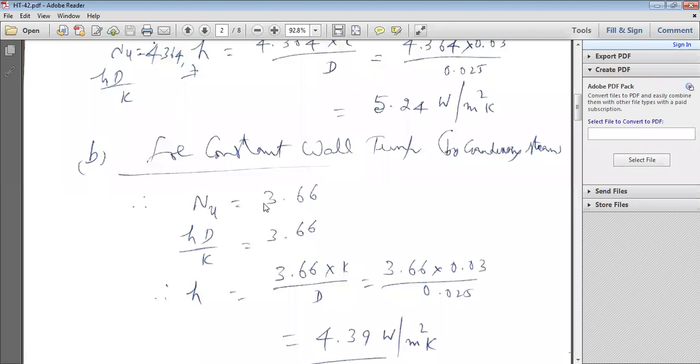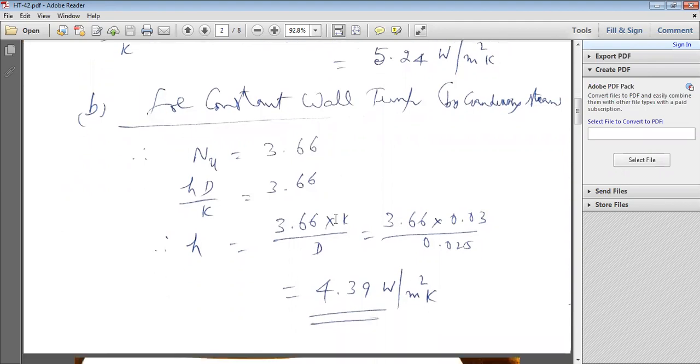Yesterday I gave the Nusselt number value 3.66 for constant wall temperature condition. In forced convection heat transfer in a tube or pipe flow, the Nusselt number for constant wall temperature condition is 3.66. So the Nusselt number will be around 3.66. But how do you calculate the Nusselt number? Basically it is hD by k for any pipe or tube. But for a flat plate, it is hL by k, so D becomes L in the case of a flat plate.